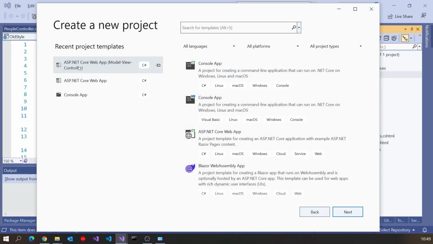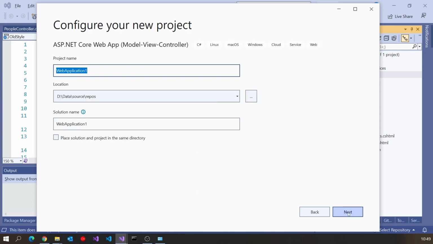So let's do that. And what I'm going to do here is just generate a brand new ASP.NET Core Web App Model View Controller. This would be very similar if we were dealing with Web API or Razor Pages or Blazor Pages. The structure of those individual application types hasn't really changed. It's just how the program itself is put together. So let's do an MVC one because it's the simplest one.